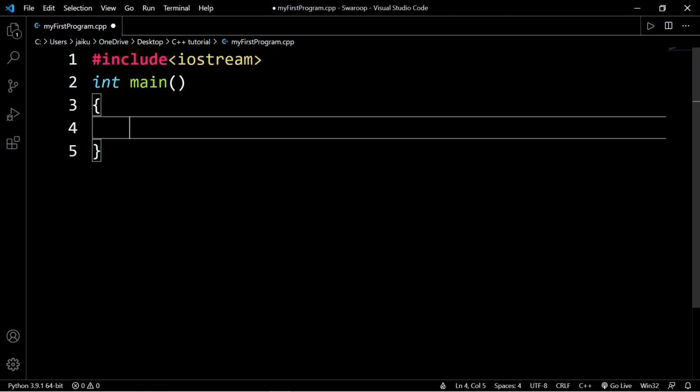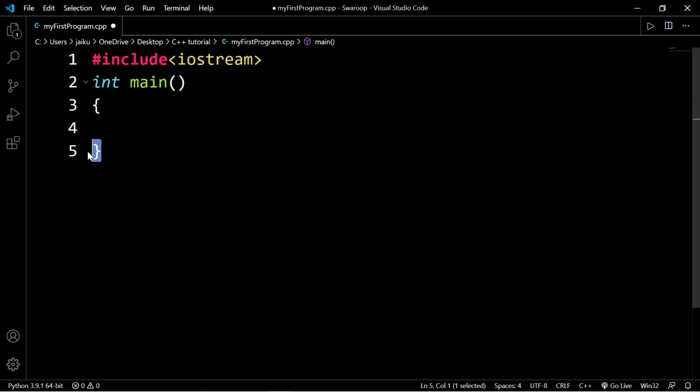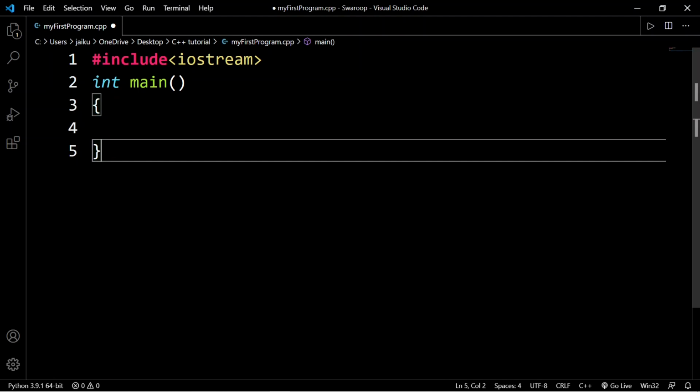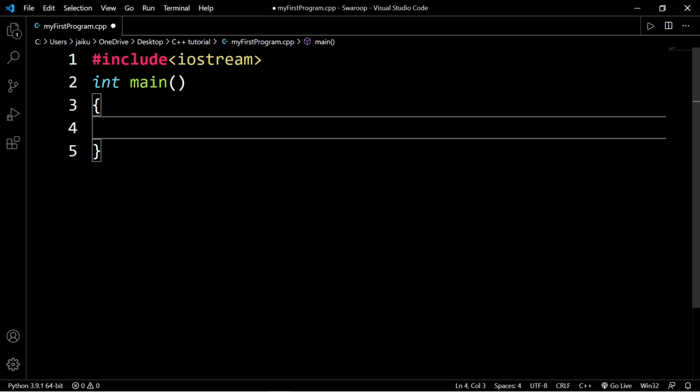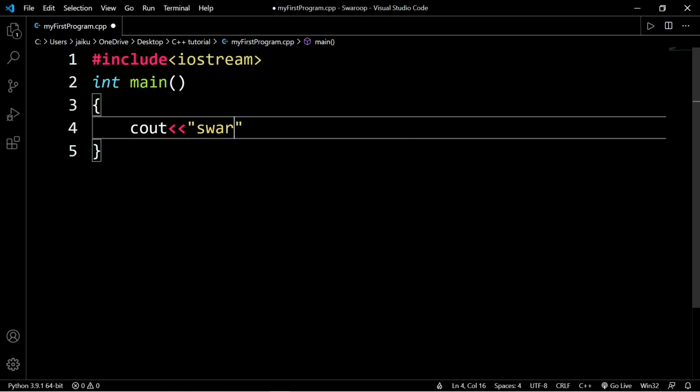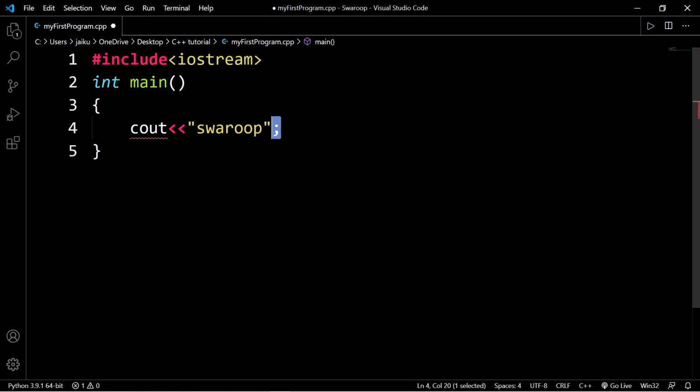Now the next line was how to open the main function: opening and closing curly brackets. So we have opened the function over here and we have closed it over here, and now we will type in cout and the same thing we typed there, and make sure to give this semicolon everywhere.